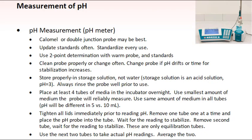laboratory area. Between readings, the probes should be kept in storage solution provided by the manufacturer. This solution is a very dilute acid at a low pH. It is not water, and probes should not be stored in water alone. Before using, remove the probe from the storage solution and rinse well, ideally in the media that will be used